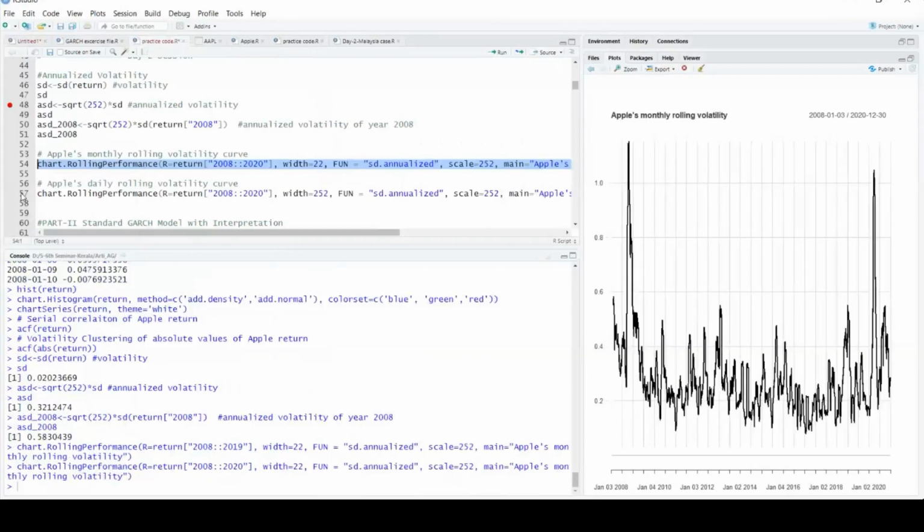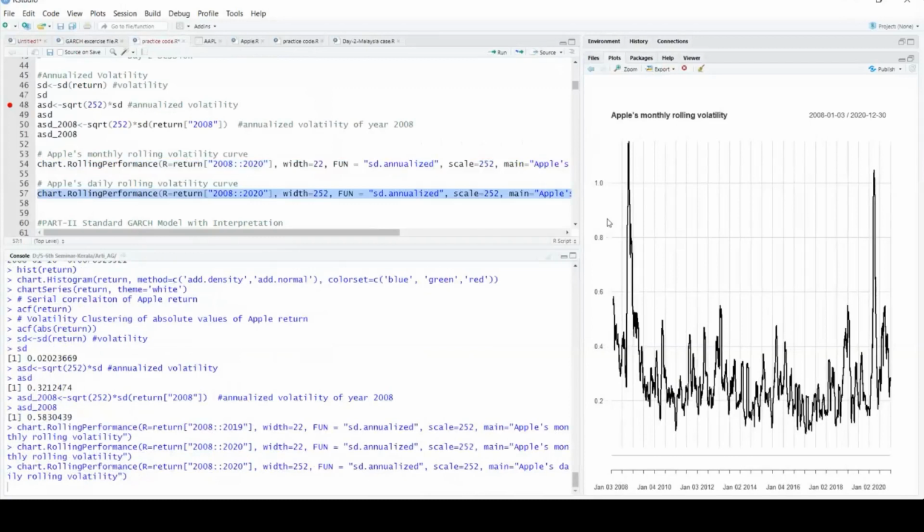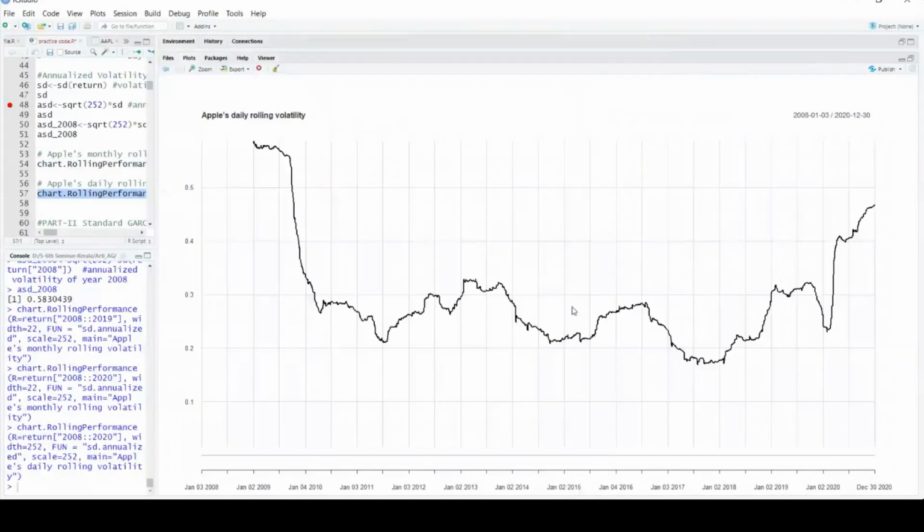Just a second, the command is running. Okay, so this is my curve for the daily volatility. Now you can see here that our volatility is very high and it is sharply dropping from a high level to a low level from 2000 to 2009, whereas when we see the 2020 year, January to December, our volatility is again rising up. So up and down is going on, but a high level of volatility is occurring somewhere around 2009 and then 2020.